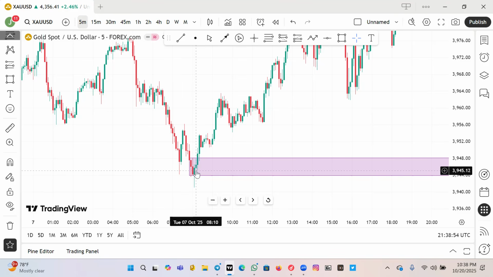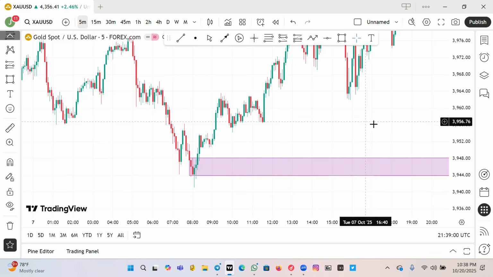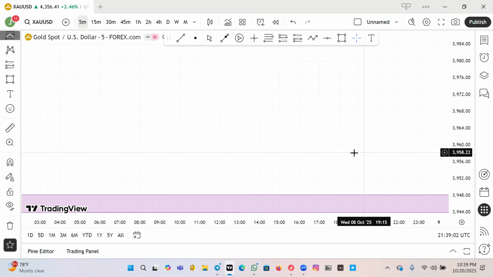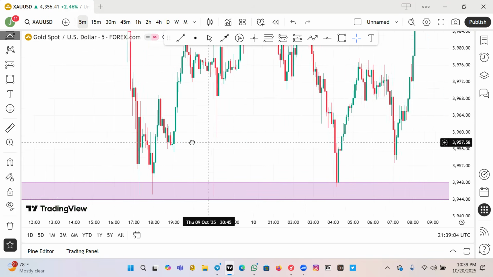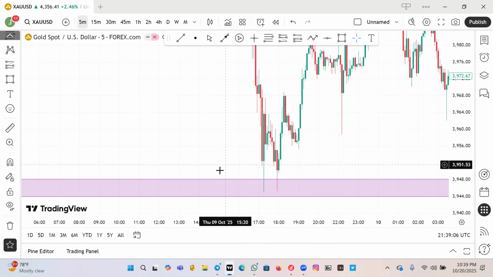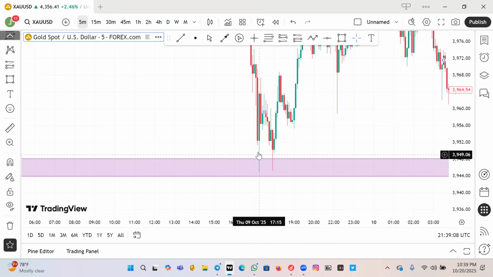So I would rather stay with the one at the bottom, marking the entire body and wick of this red candle. So let's switch and see what will happen there. Now look, do you see that the market came into your zone with his wick before pushing to the upside? But personally for me here, I will not take this trade because I always prefer the market to enter into my zone with the body of the candle